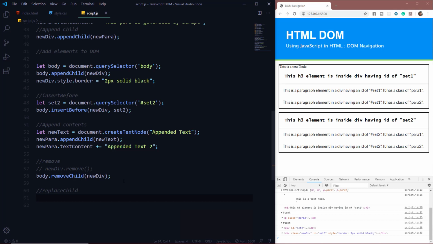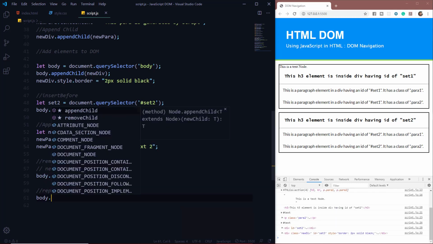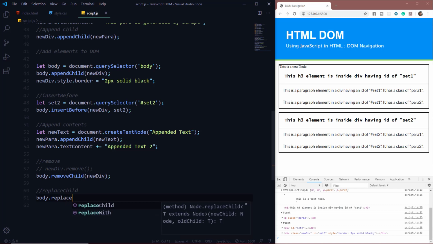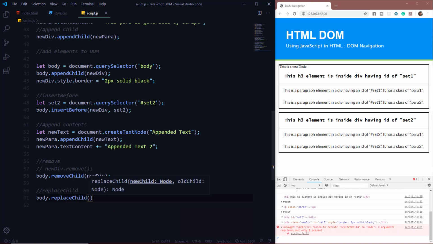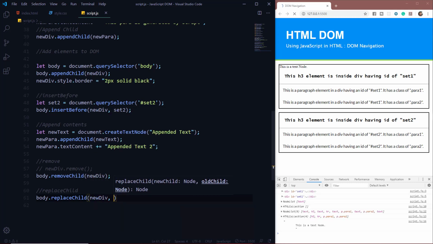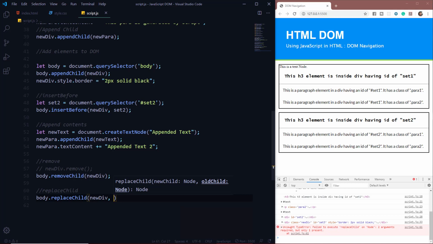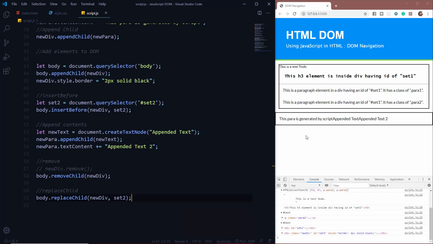So for example, if we want to replace this div having an ID of set2 with the div which we have newly created, then we can do body.replaceChild, and the first parameter will be the newDiv, and the second parameter will be the div which we want to remove, that is the set2. So you can see that the div having an ID of set2 is now replaced by the new div.